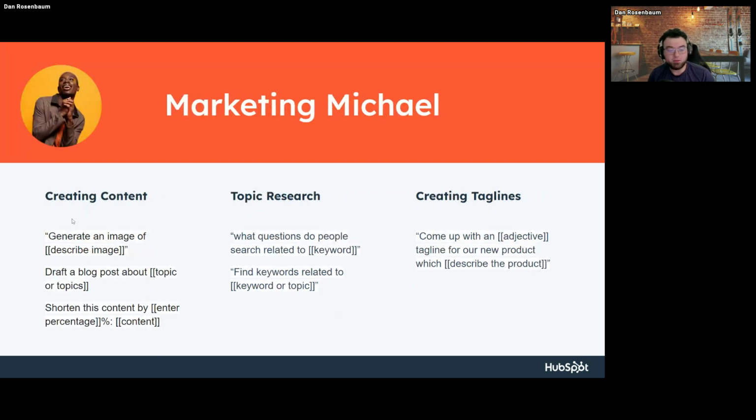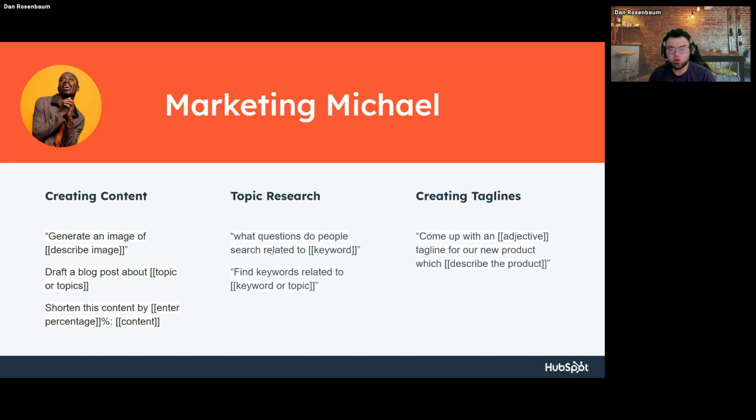Then, of course, Marketing Michael. Marketing Michael wants to create content. So whether that's imagery, draft blog posts about things, you can even have ChatSpot shorten or lengthen or change the tone of different content. Marketing Michael wants to research keywords. So kind of similar to the PPC keywords, but organic search keywords, you can do research there.